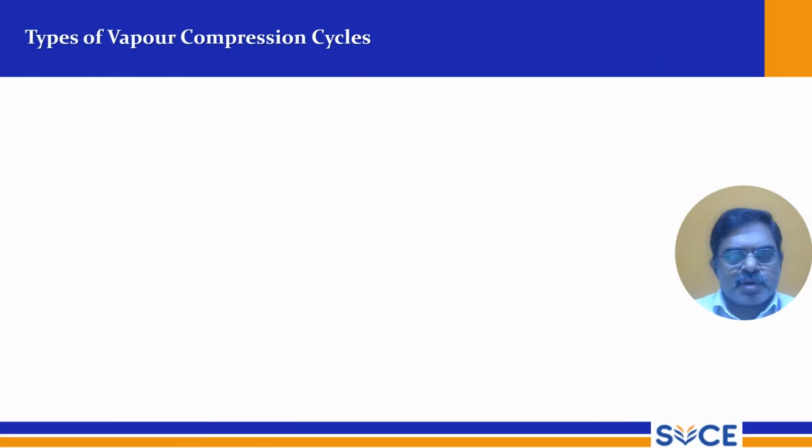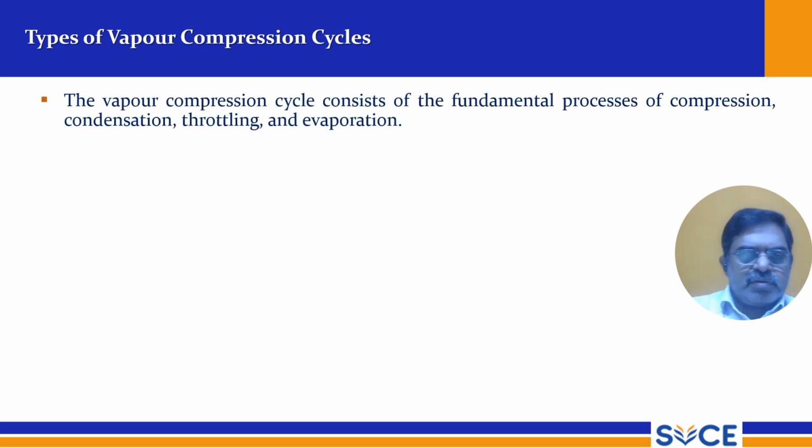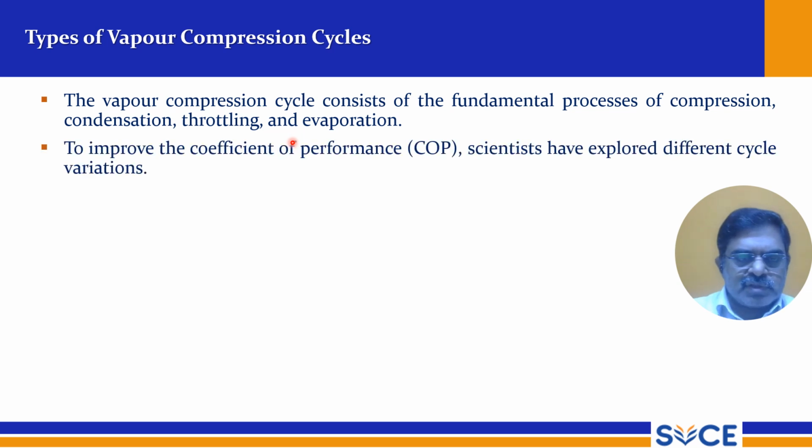So, types of vapor compression cycles. Here there are different types, and whenever a component or a working parameter of a component changes, there will be an effect on the vapor compression refrigeration system, and they can be classified under different headings. I will show you that. The vapor compression cycle consists of the fundamental processes of compression, condensation, throttling, and evaporation. Throttling is nothing but